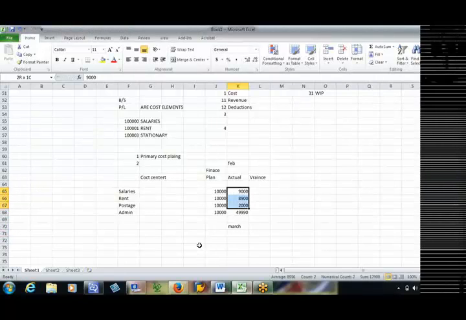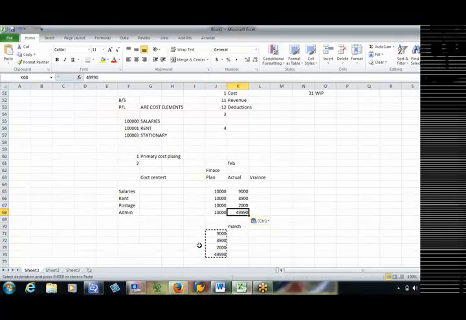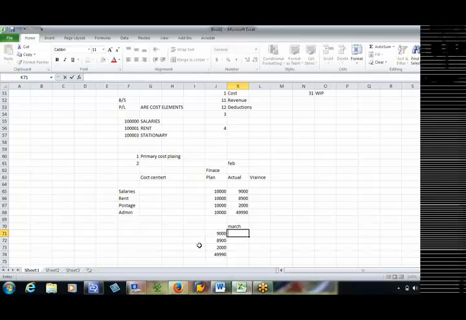These values will become the plan, because in February and March they will consider the previous actual expenses as the current year, next month, future period plan expenses, and again they'll incur some actual there. So the same thing will be carried forward. First they'll do the planning. Once the actual is incurred, the actual figures will be transferred to the next period as a plan, so that they can easily identify